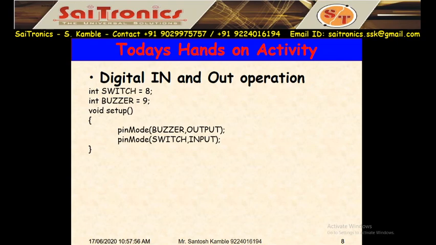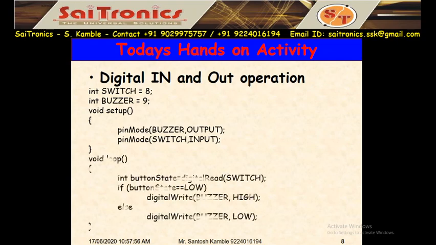Afterwards I have to read the input. So my code is like this. int buttonState. So buttonState is a variable and this is int. So integer buttonState, and I had written this in void loop. It is not written here, so it is not global initialization. You can use this buttonState variable only between these 2 curly brackets. While writing the code, remember, don't write anything right at the edge between these curly brackets. Use the tab button to keep space.